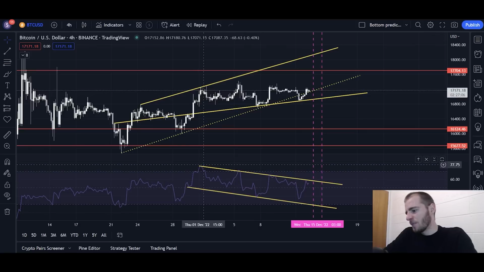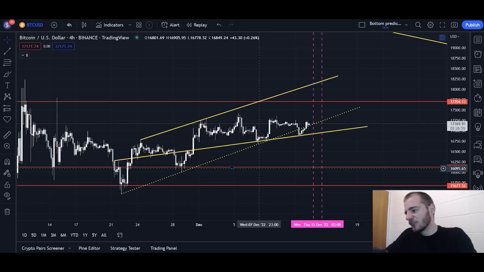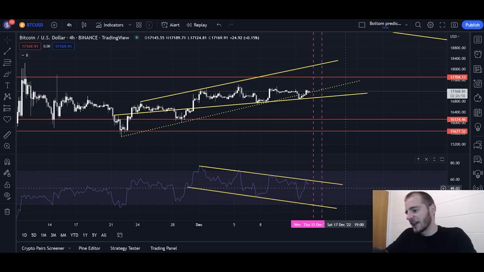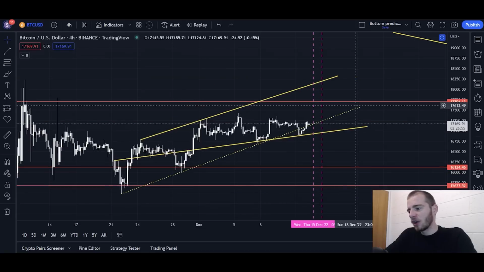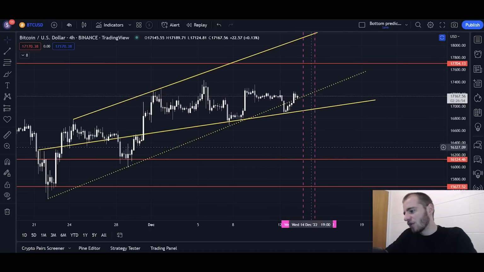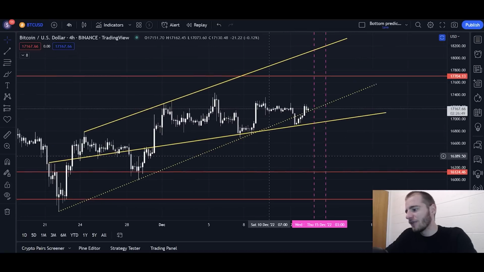We have, for example, in the RSI and the 4-hourly chart, a descending channel formation, which is a bullish formation, but at the same time, we have an ascending channel formation, which is a bearish formation. We have bearish divergence playing out here as well. So, it's quite complicated, and we did see a breakdown of this dotted uptrending line. We tested the solid yellow line, and now we're back within that formation there.